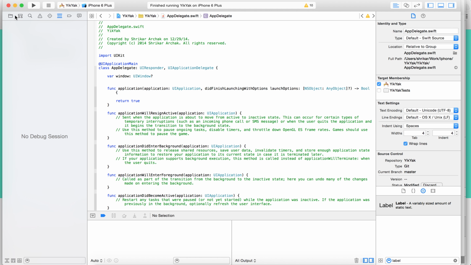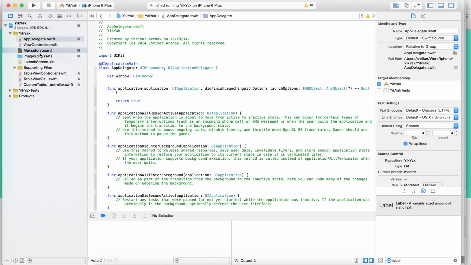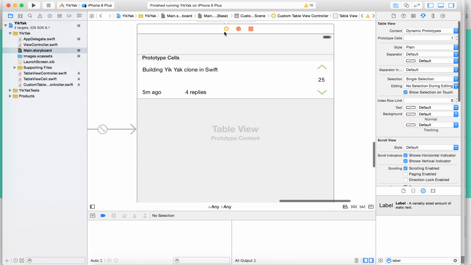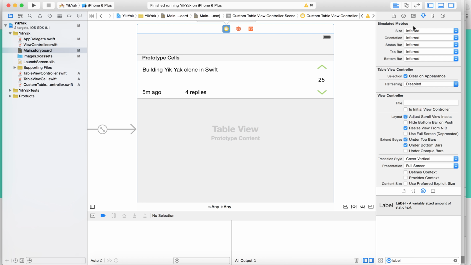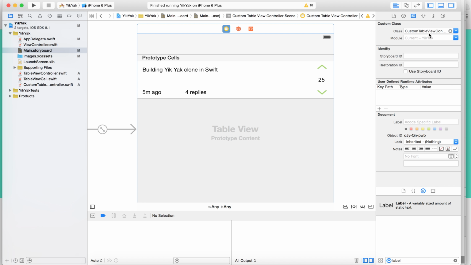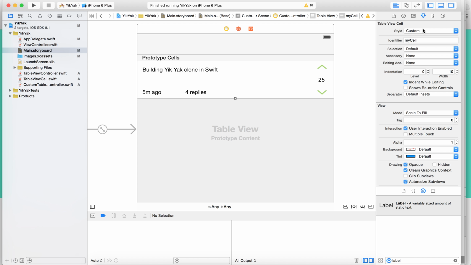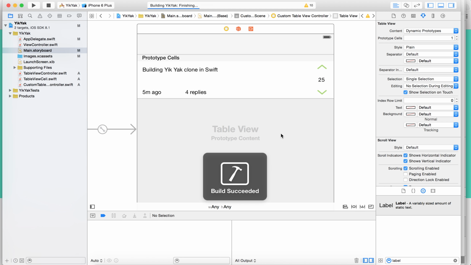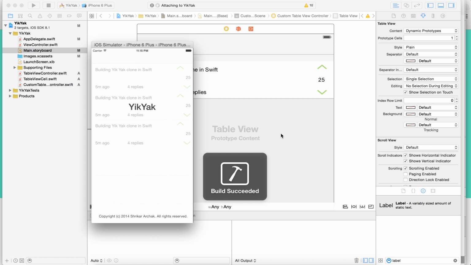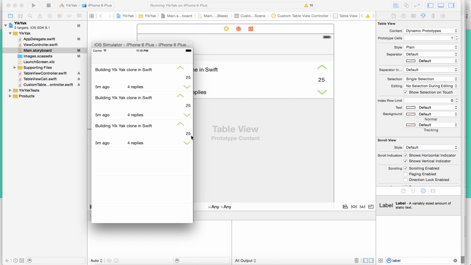Clear, command clean. Click on the main storyboard. Let's go here and then click on this. It's a custom table view controller. That's correct. And this cell is UITableViewCell. That's correct. And custom my cell, that should actually work. Otherwise we need to anyway customize. Yeah, there you go. But for some reason I see that